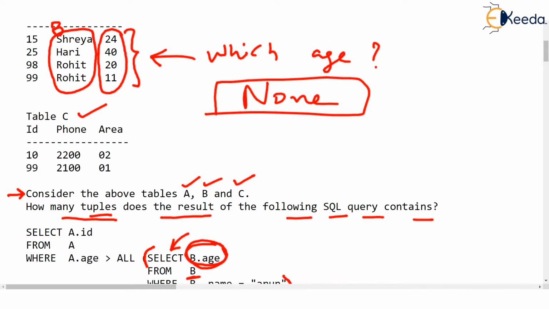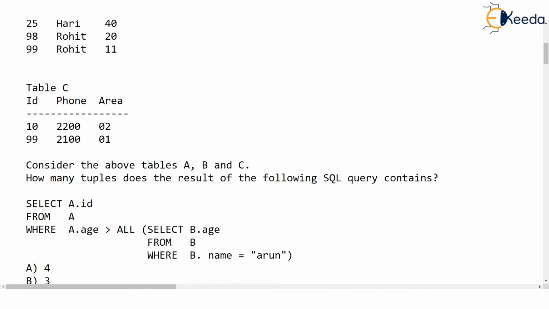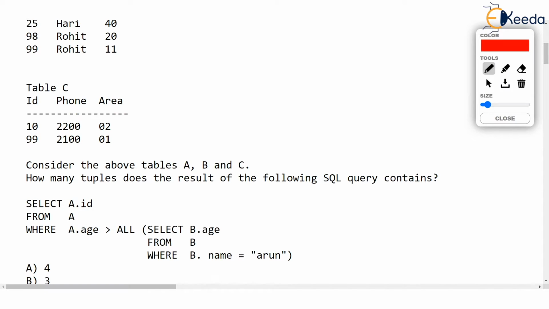As this where condition is false for all the rows, none of the ages is selected. What that means is that the inner query returns nothing. You can say the inner query returns an empty table.